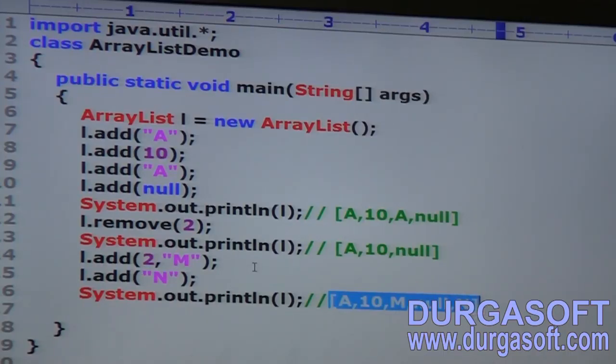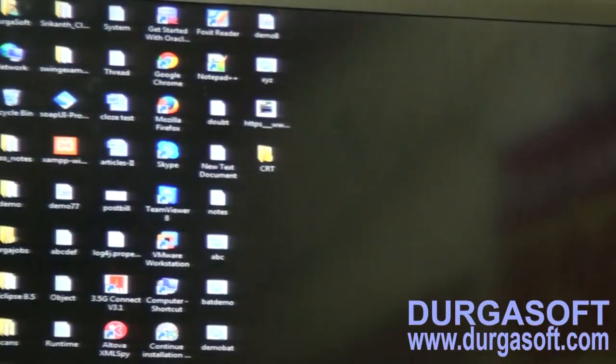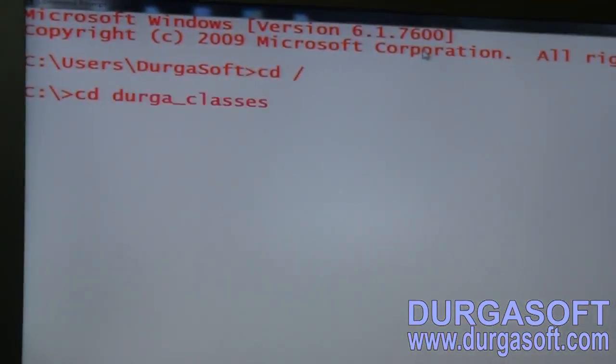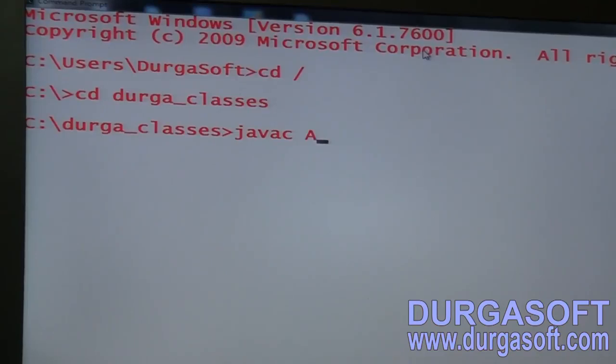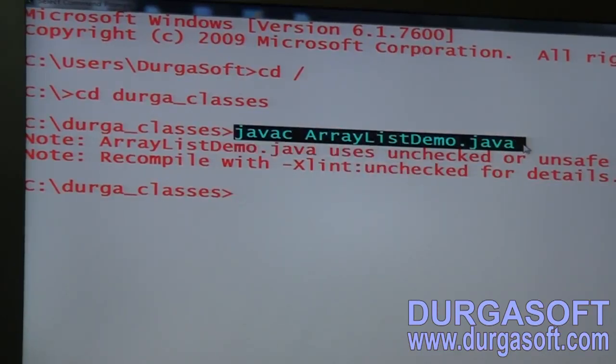Let me execute this code. javac ArrayListDemo.java.